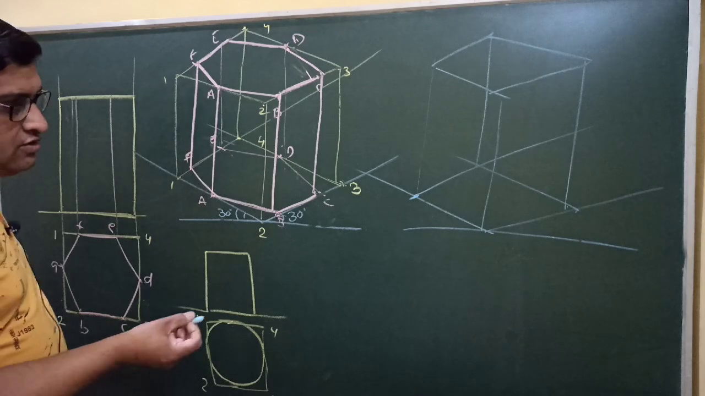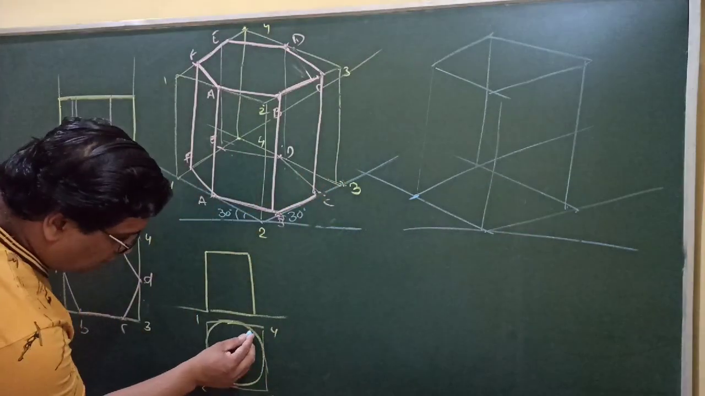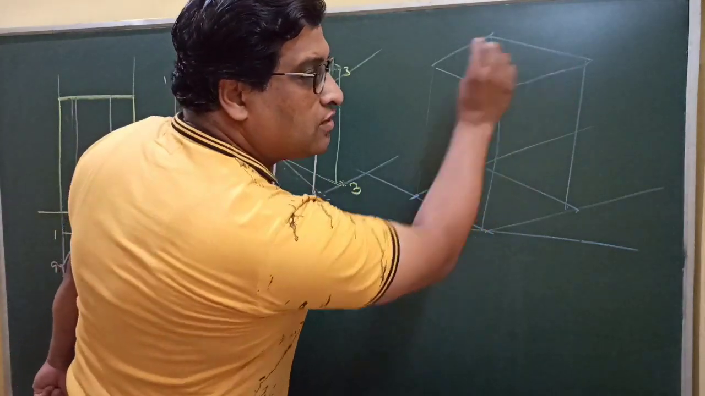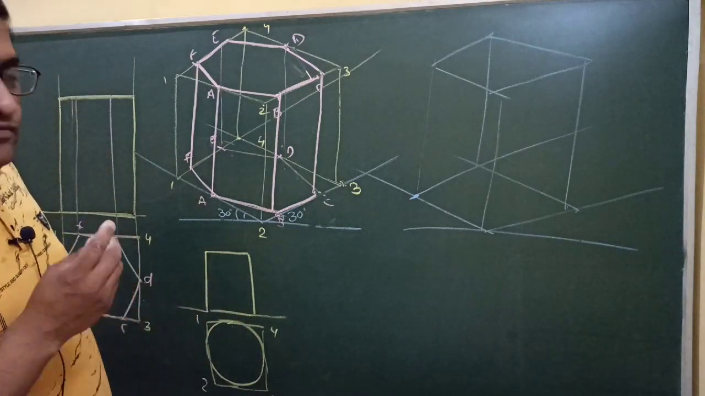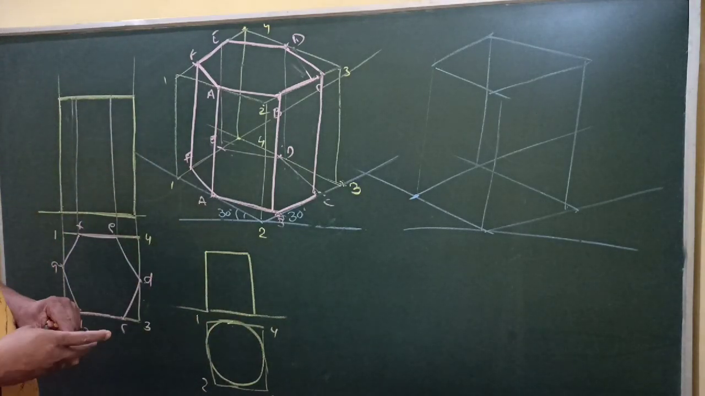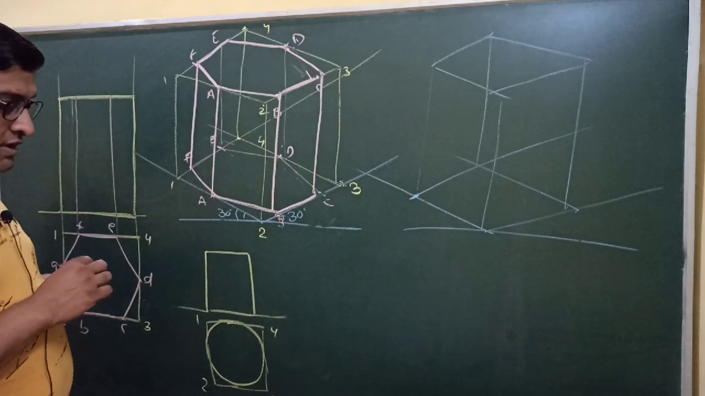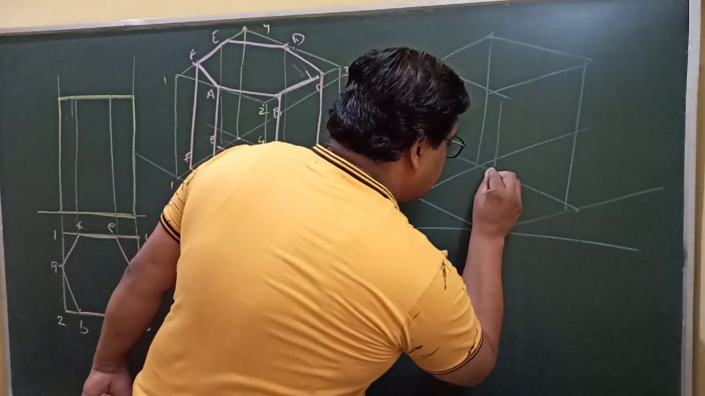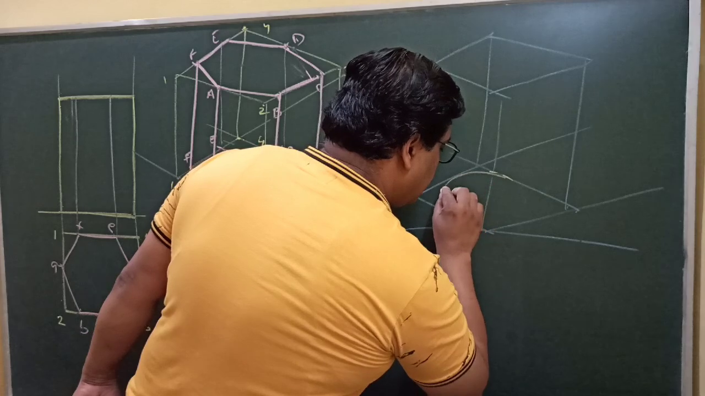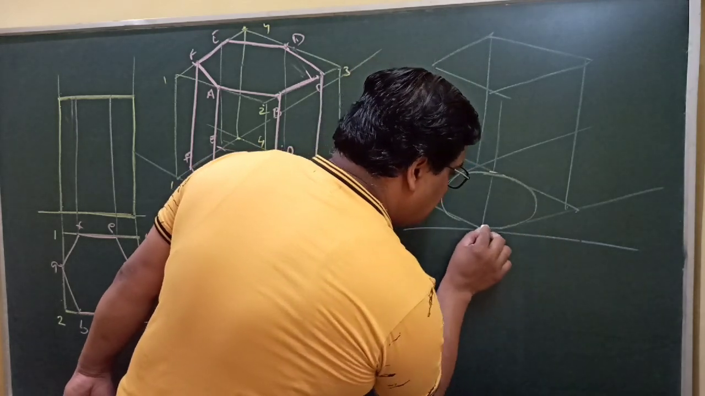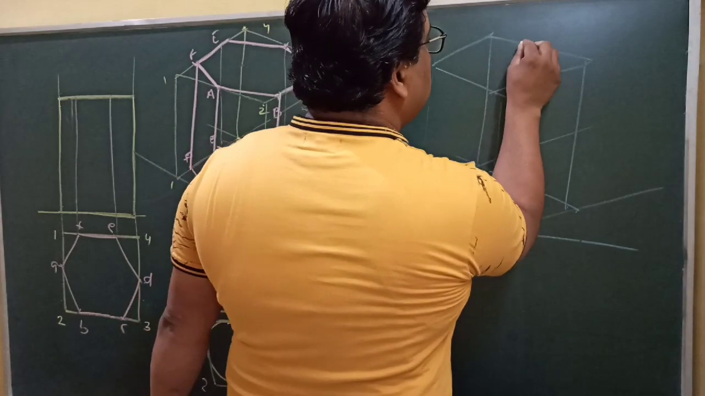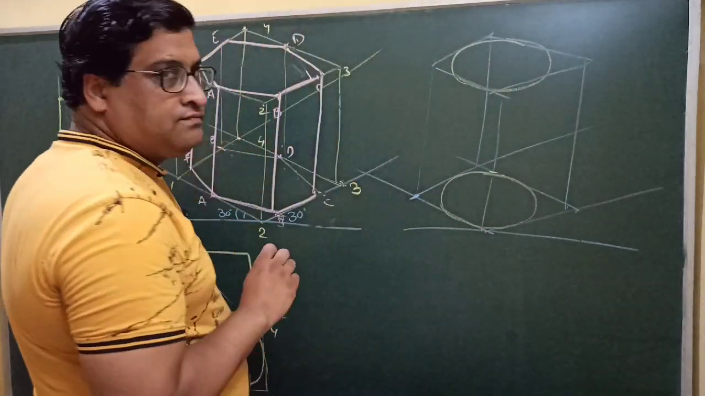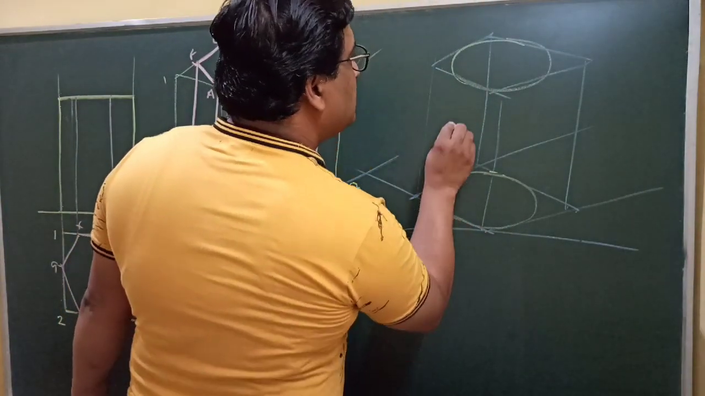Now what to do? First you have to draw the isometric view of the circles in the lower base as well as in the top base. You know the methods, 4 center method, or you can use method of points, as we have discussed in the previous videos. So using any one of them, you can easily draw an ellipse here, like this. Similarly, another ellipse may be drawn here also. Join these two ellipses tangentially